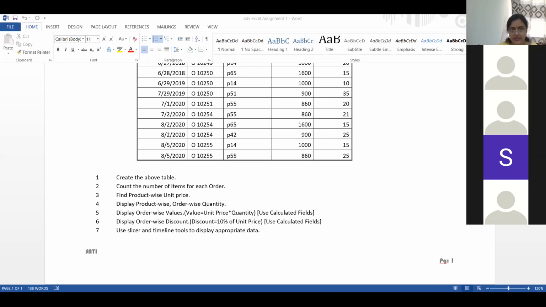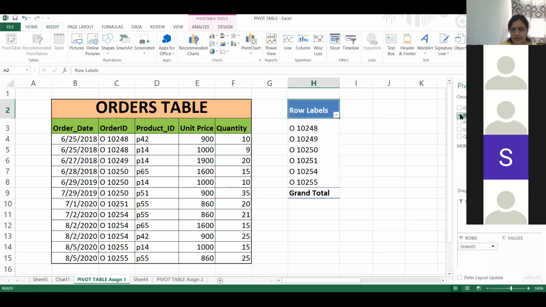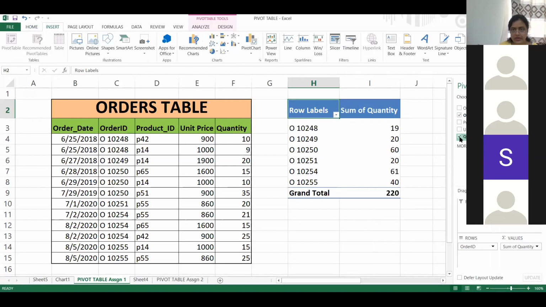The Excel sheet? I'll just share it with you. So my pivot table is there. Order ID and number of items. So quantity. Correct? Any doubt in this? It will show me total items order wise.